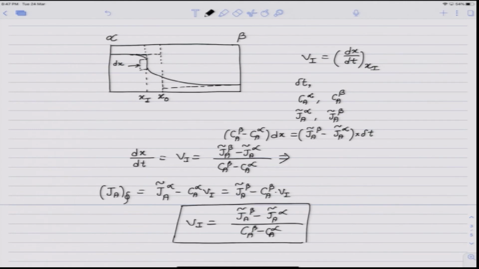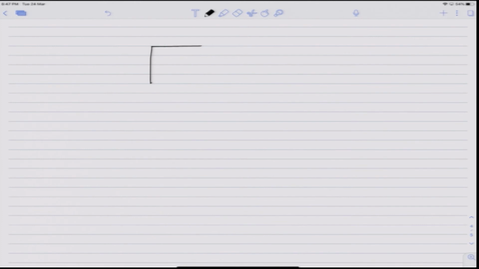And this is very important because this way we can use it for analyzing the growth rates. So, for example, consider the growth of a precipitate beta in the matrix alpha. So, this is beta and the matrix is alpha. Obviously, the precipitation is occurring because the matrix is supersaturated with the solute. Let us call the solute i,